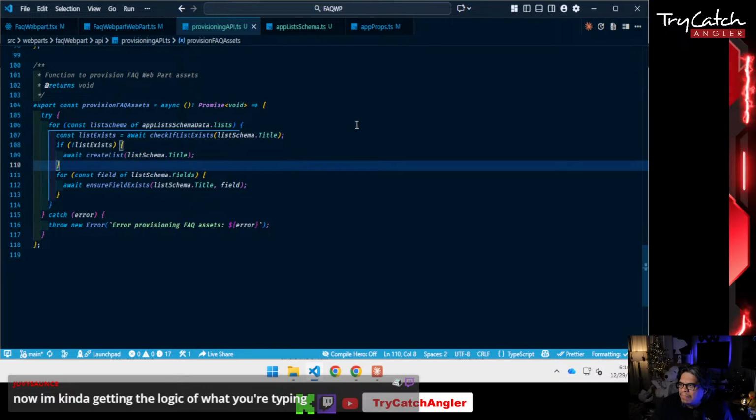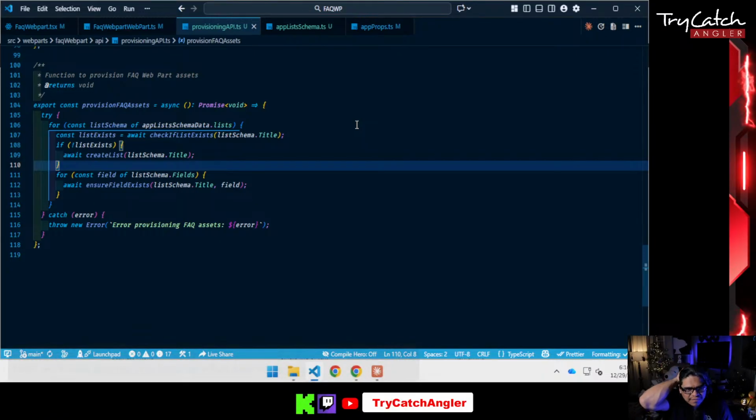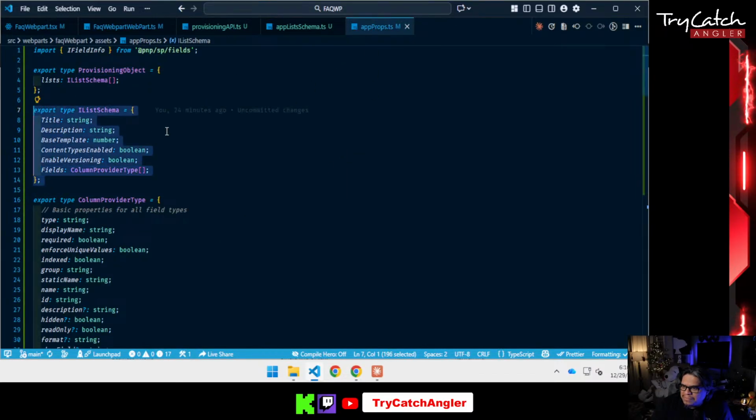Yeah, but what I would recommend is that you use TypeScript. TypeScript is definitely going to help you out in the long run because it's going to prevent you from having a lot of bugs in your code before you even get to using it in your solution. And it makes you just build types like this